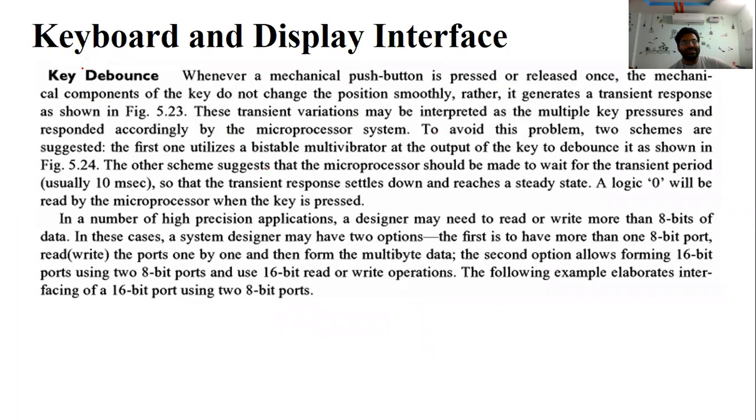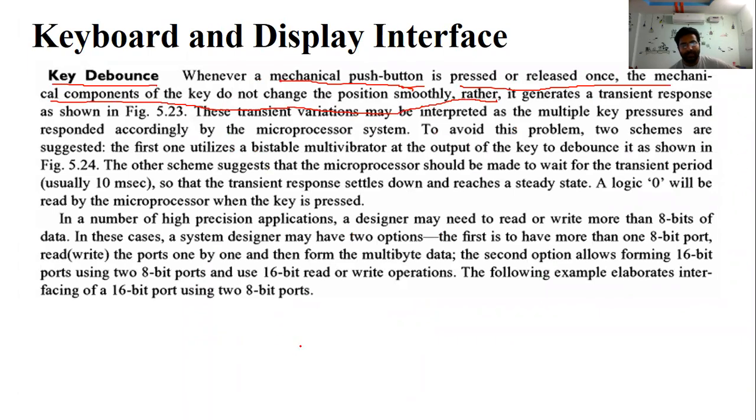So what is this key bounce case? Usually the key is a mechanical push button, not a digital one, a spring balanced push button. Once you press or release the key, the mechanical components do not change position smoothly.